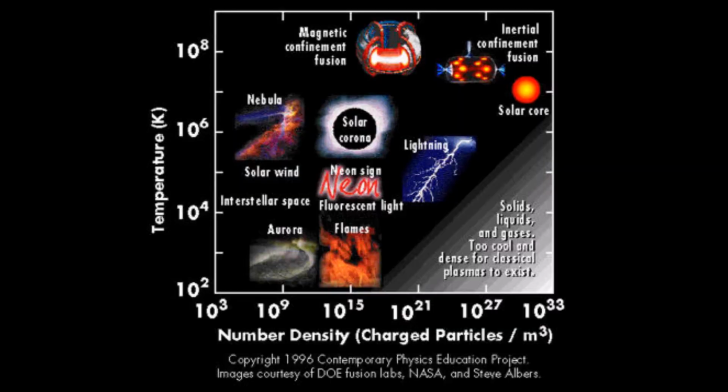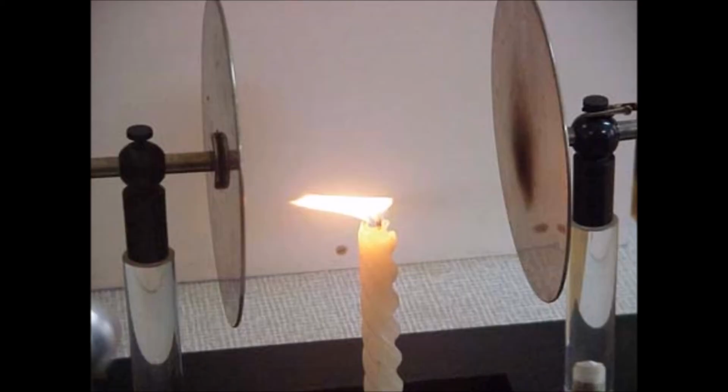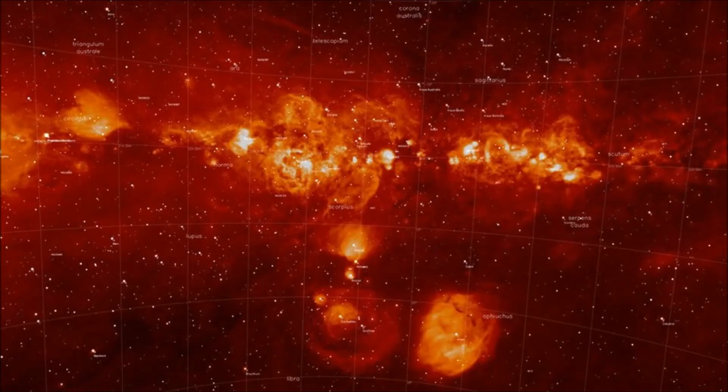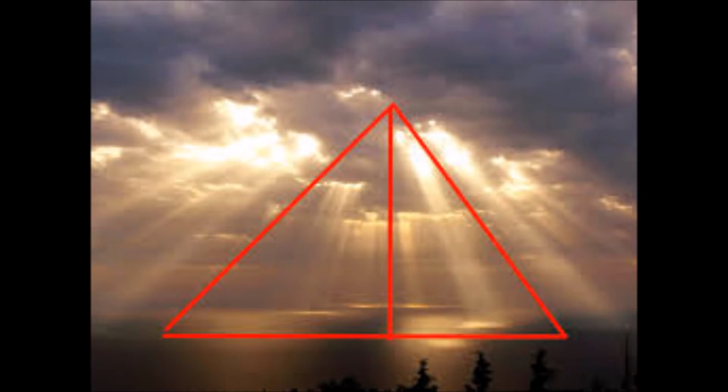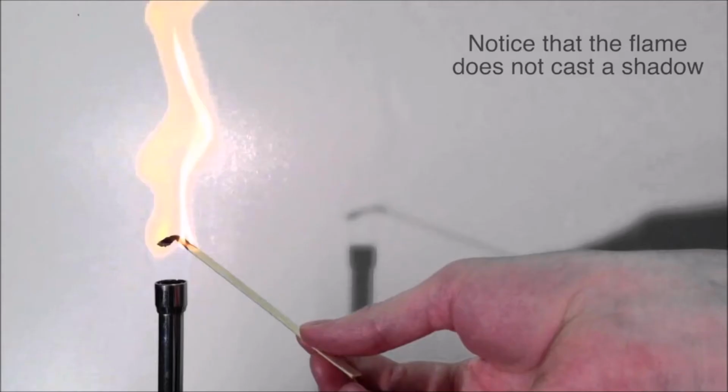The Contemporary Physics Education Project produces a poster on plasmas in which flames, fire, is shown as a plasma. In his book, Introduction to Plasma Physics and Controlled Fusion, Francis F. Chen notes, any ionized gas cannot be called a plasma. Of course, there is always a small degree of ionization in any gas. A useful definition is as follows: a plasma is a quasineutral gas, of charged and neutral particles, which exhibit collective